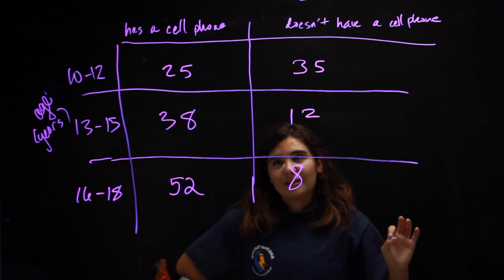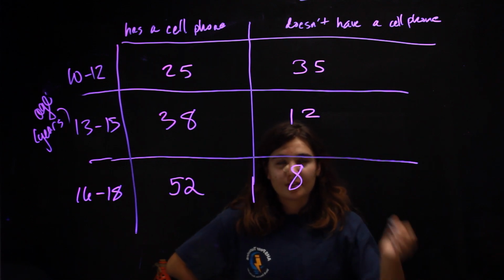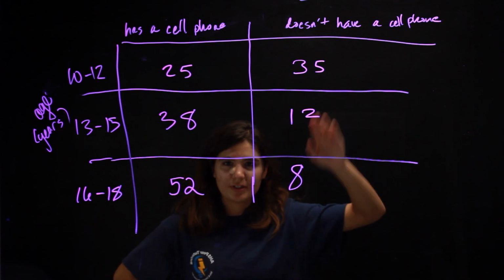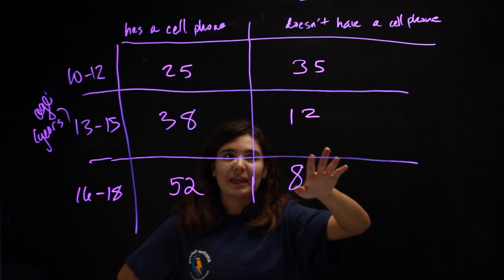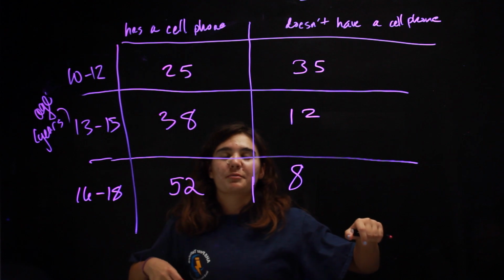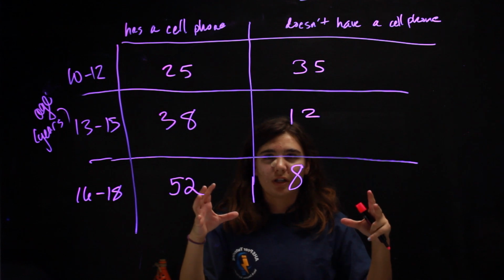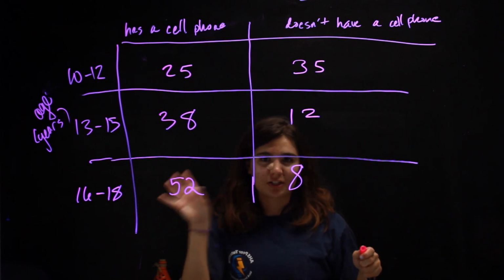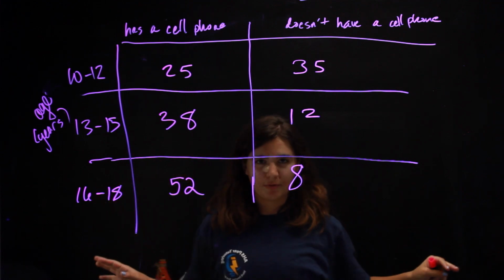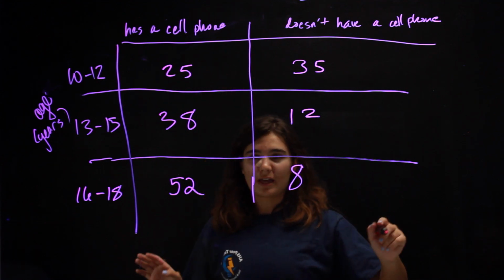So what we can do for this is convert these all to percentages. Because these are all just numbers right now, right? But if we get them in percentages, we can compare the frequencies of these a lot better than we can right now just by looking at them. So I already converted them to percentages, but just a reminder, we're converting each of these numbers as a percentage of the total people that we got, because a percentage is just a fraction of a whole, right? So each of these is going to be a fraction of however many people we surveyed. And we can figure out how many people we surveyed just by adding these all up. So when you do that, the total